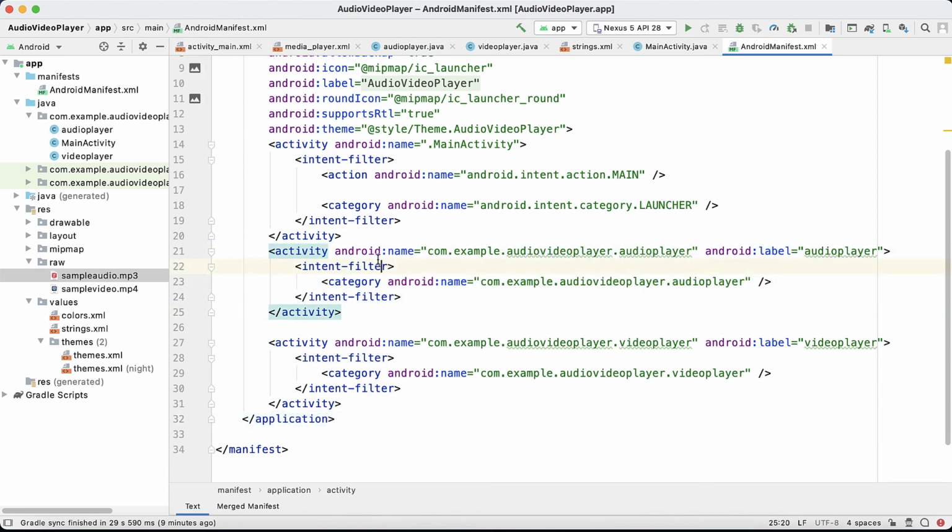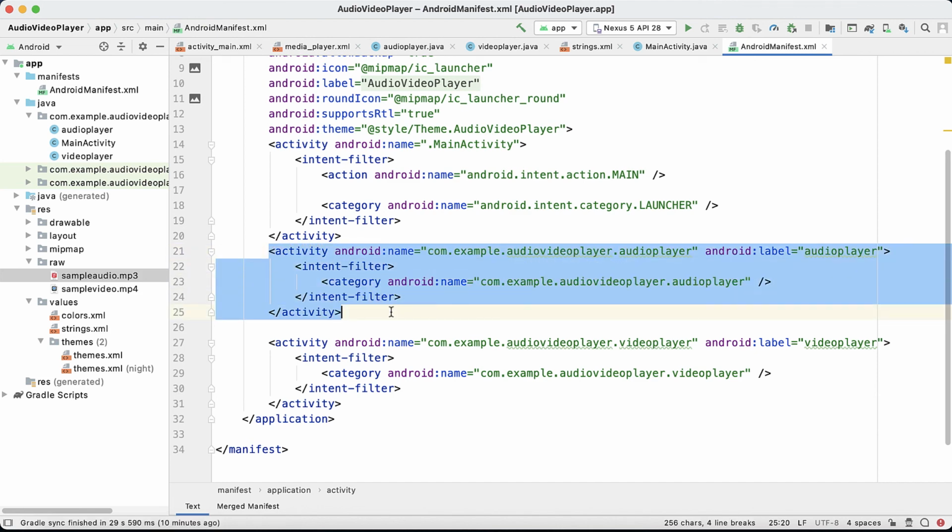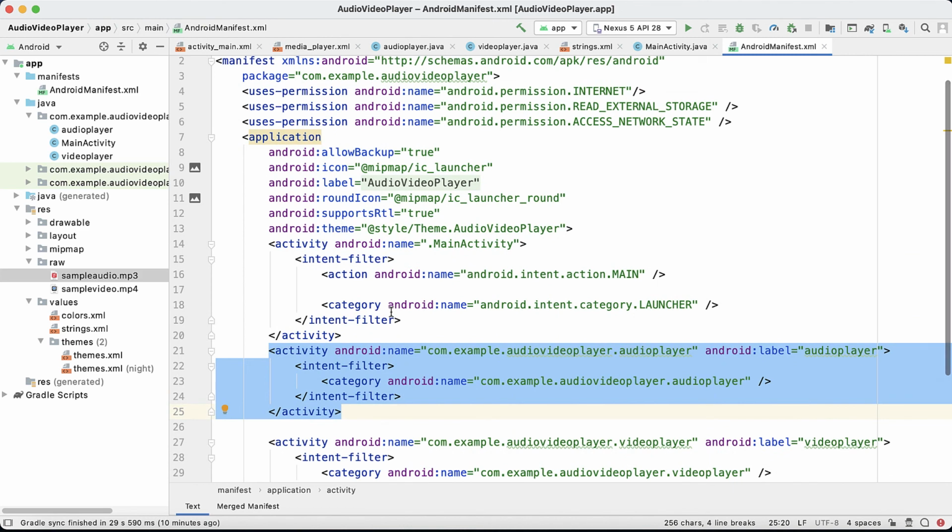So here for the activity you have to provide the package name dot the particular class name. So which class? AudioPlayer we have, right? You have to provide the label that is AudioPlayer, and you just need to set the intent filter for AudioPlayer, right? So this activity is also required for that.